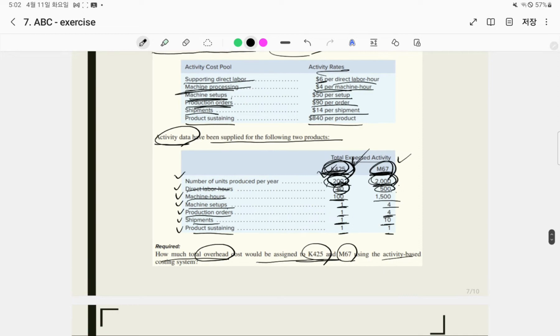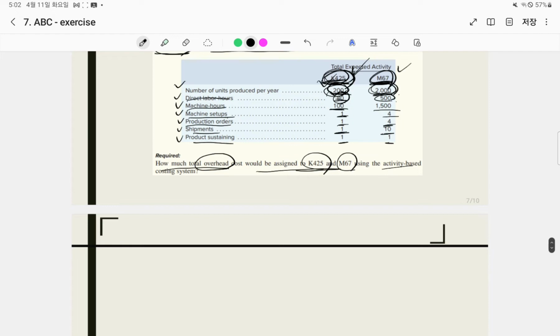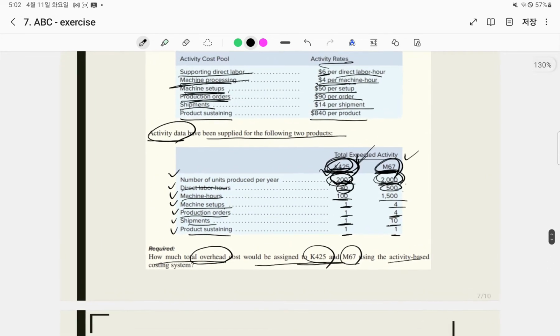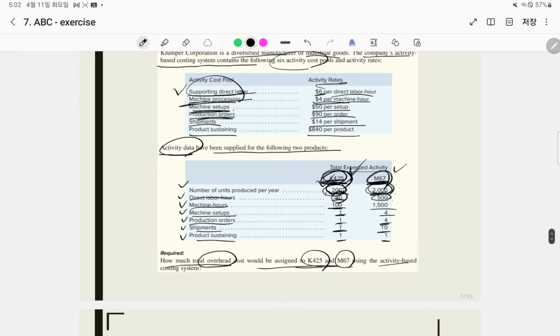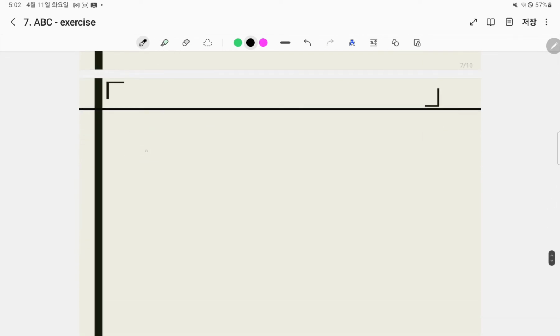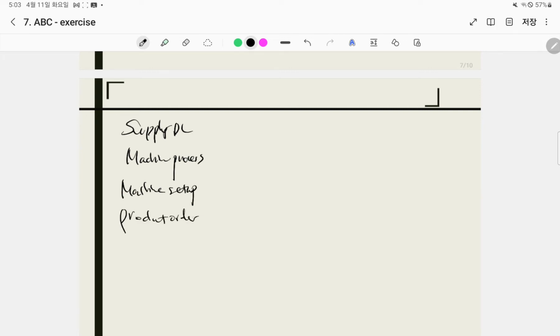So all you have to do is multiply the activity rate. Here, let's bring in each activity cost pool: supporting direct labor, machine processing, machine setups, production orders, shipments, and sustaining. Okay,